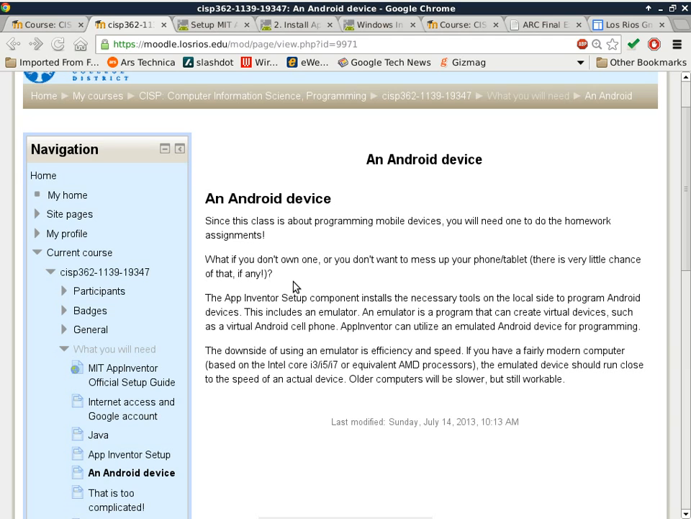So how many people are planning to use an actual Android device for this class? Okay, a few. All right, very good. It will run a lot faster with an actual Android device. There are two ways to use an actual Android device. You can use it as wired. In other words, you plug in your USB cable to your Android device and then program it through the USB